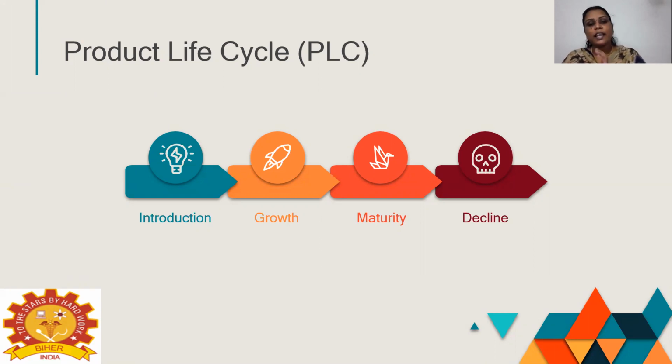The stages in the life cycle of a product: stage one is the introduction stage, where marketing encompasses all the activities from the concept to the creation of a customer. The first stage is introduction. Stage two is the growth stage. Then comes the maturity stage and the decline stage. Like human beings, I told you, the products have a very limited life cycle, and in this limited period of time, they pass through different phases.